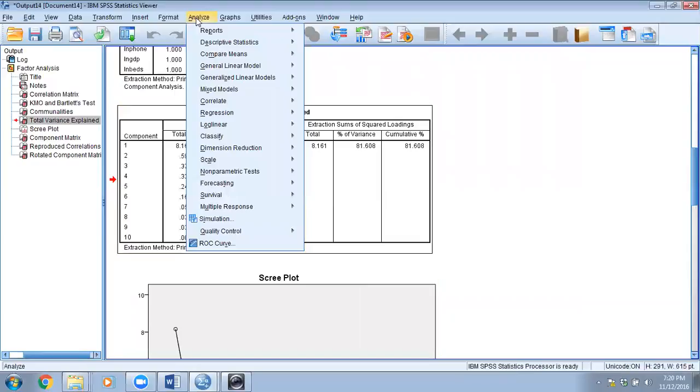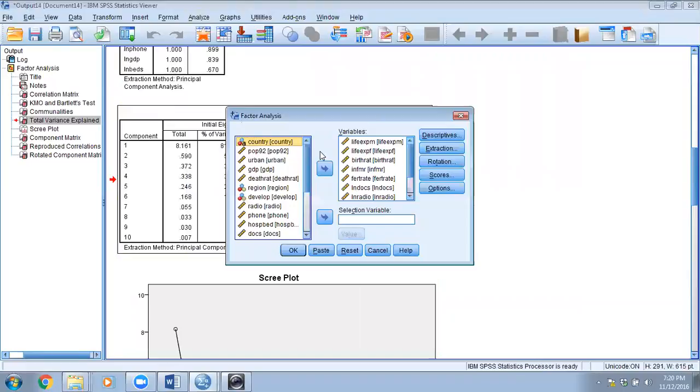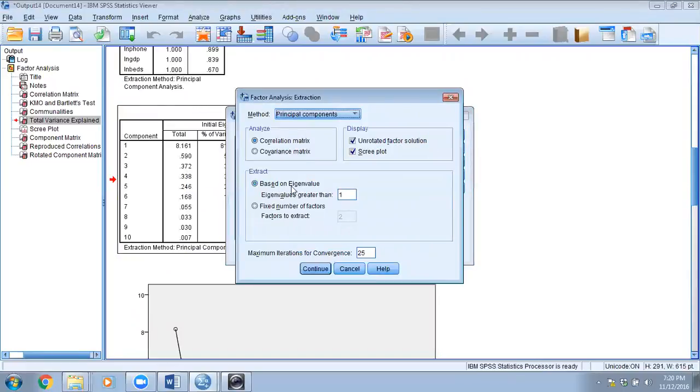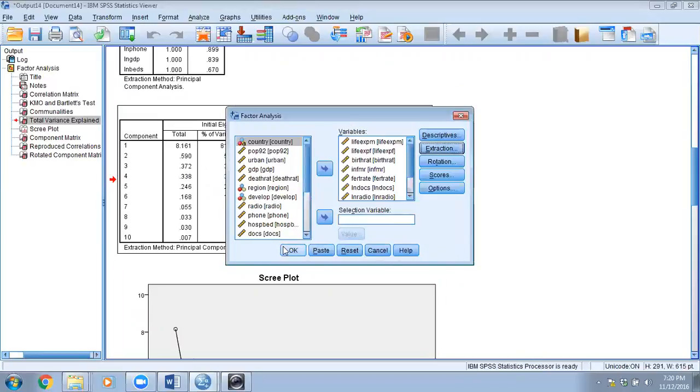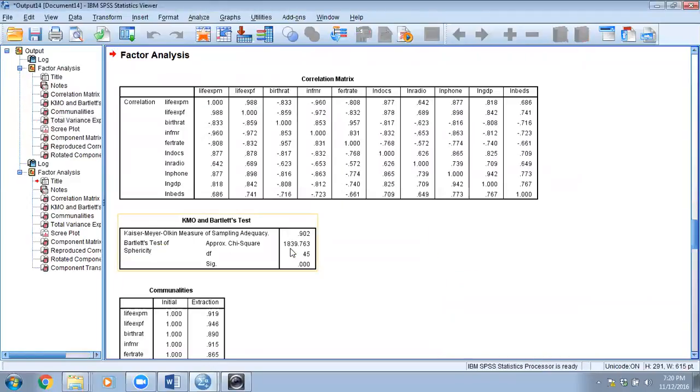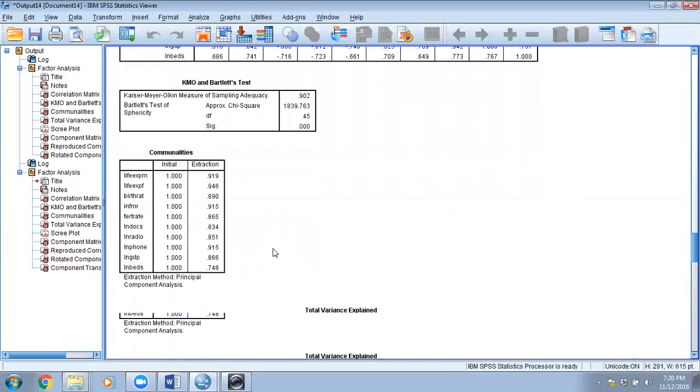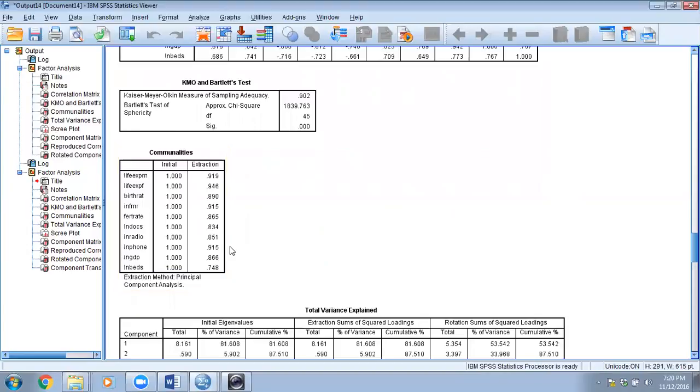So I'm going to go to Analyze, Data Reduction, Factor. Let's go to the Extraction. Instead of basing it on eigenvalue, I'm going to force the number of factors to 2, and the rest of the things are going to be the same here. I'm going to say OK. So that's my second factor analysis. We have already gone through this one here, and communalities also we have gone through. If you see, now this is doing better